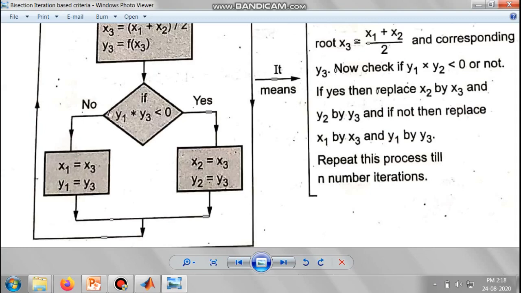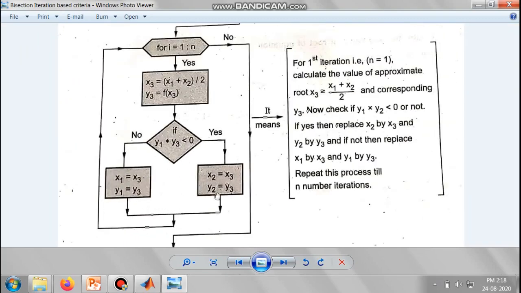So if this particular condition is satisfied, then this path will be followed, and x2 will be replaced by x3 and y2 will be replaced by y3. But if it is not satisfied, then obviously it will follow this other path where x1 will be replaced by x3 and y1 will be replaced by y3. So here at this step we have completed iteration number 1.